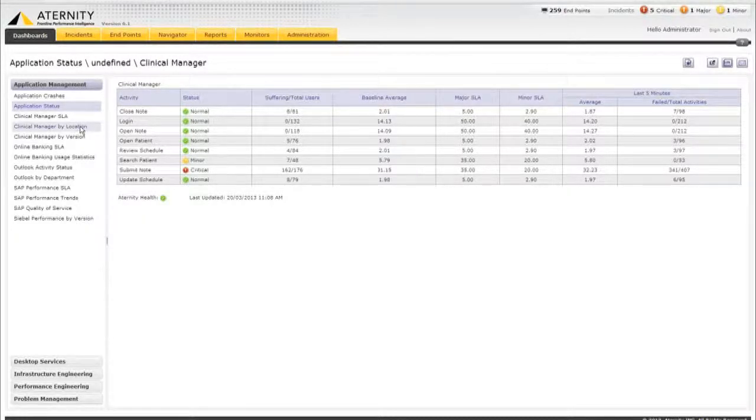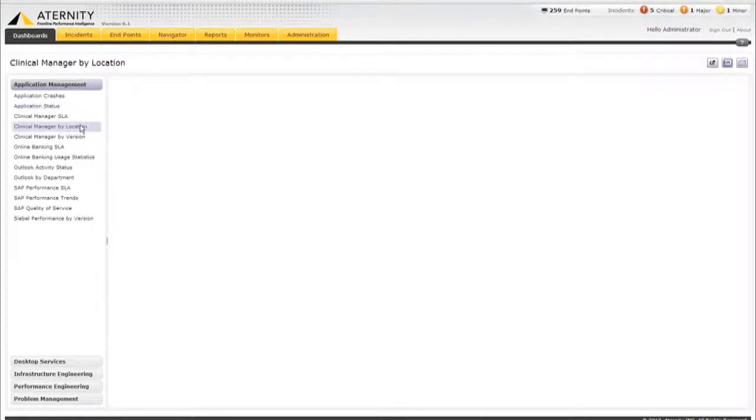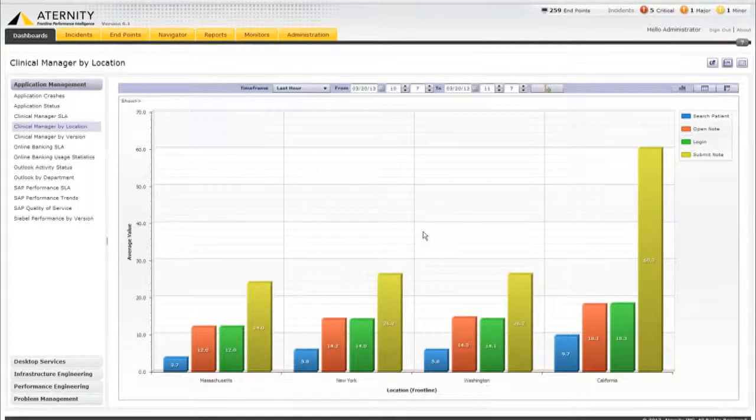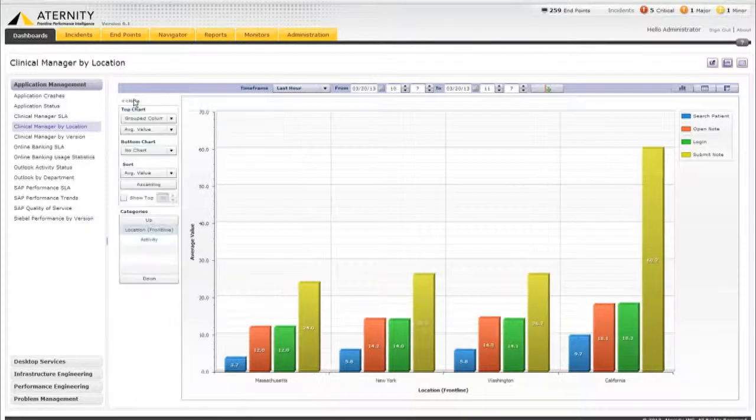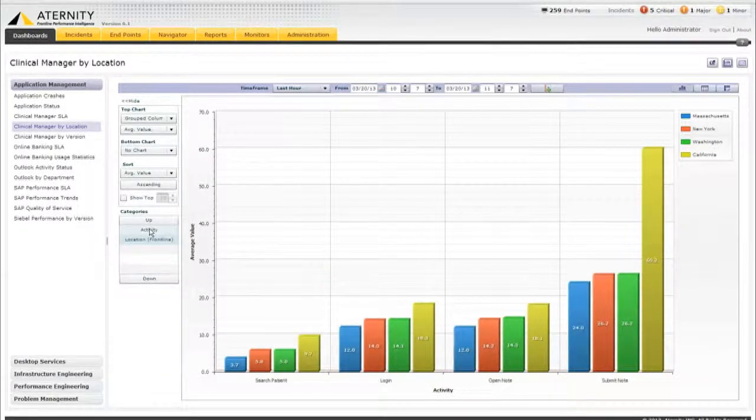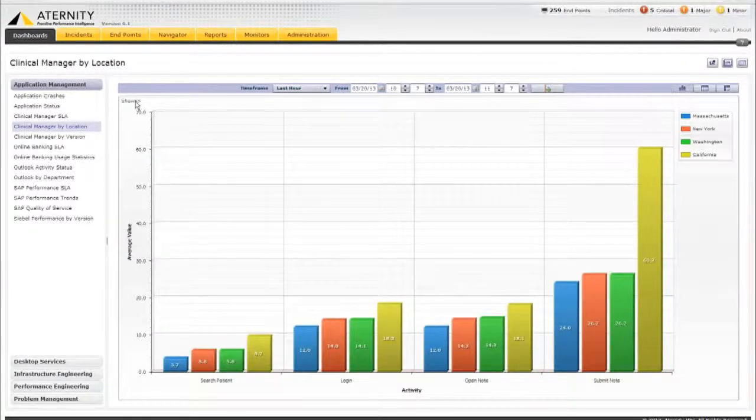For a more detailed analysis of the Clinical Manager application, which for our demo purposes IT is considering migrating to a virtual hosted desktop environment, let's take a look at performance by location. The chart shows the response for each activity by user location. You can switch the activities and locations to slice and dice the metrics differently. Now we see the response at each location grouped by activity. And what we see is that the response time of submit note is slowest in California,